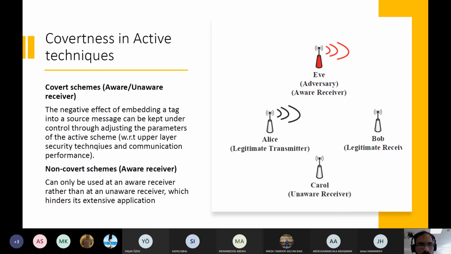It will not affect the performance. But there are some non-covert techniques, and you cannot use these with any receiver. You can use them only with receivers who know this algorithm is used and what the changes are, and these techniques also require some changes at the receiver.